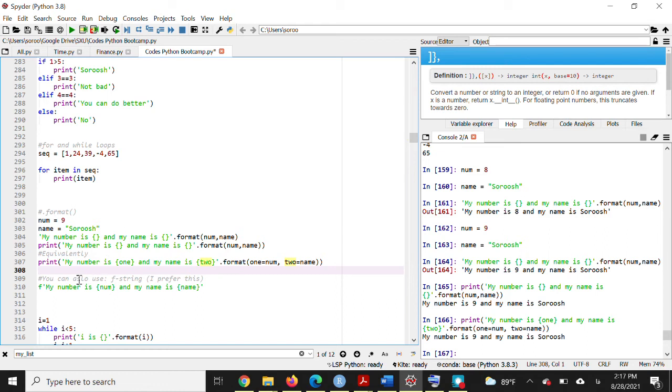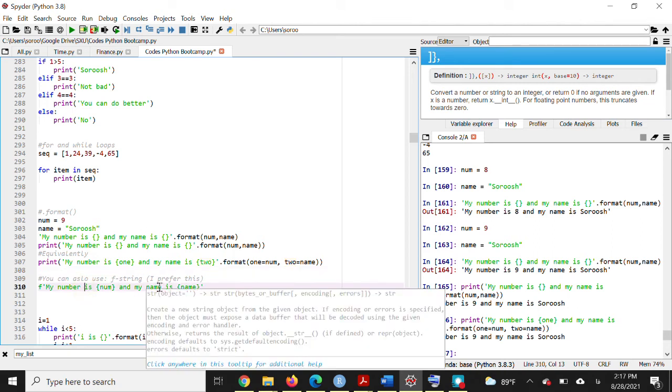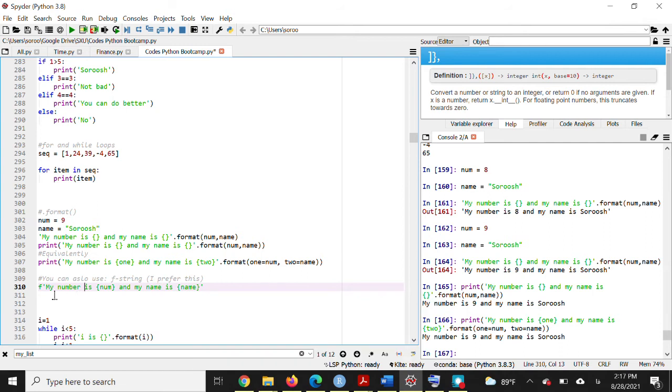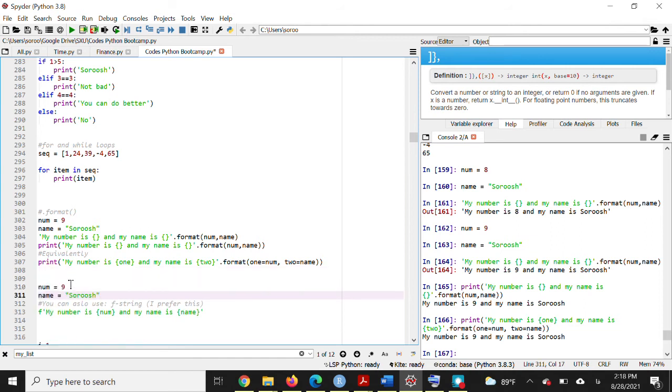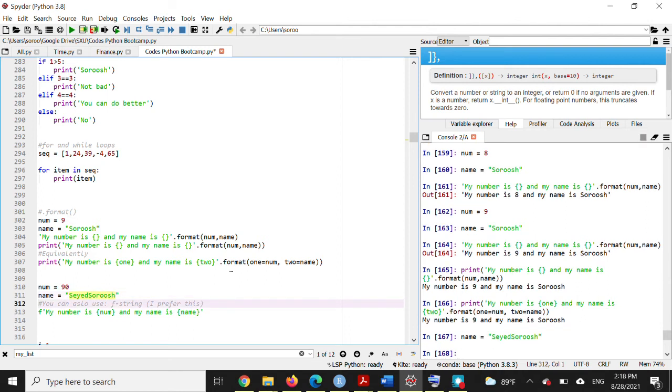A better way to do this is using f-string. F-string is usually way more straightforward. So you have f and then quotation marks, and then inside curly brackets you just write num and name. So just assume, I'm gonna change this. My number is, for example, 90, and my name is, let me go with my official name, which is Sayed Surush. So I run this,